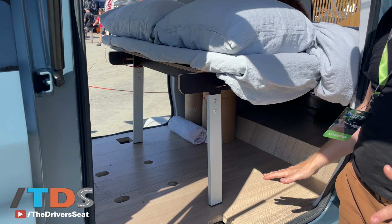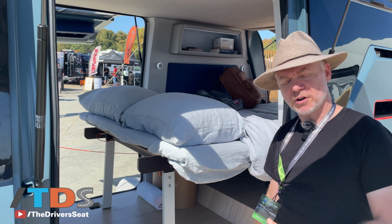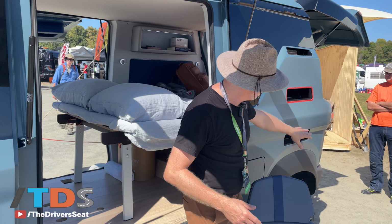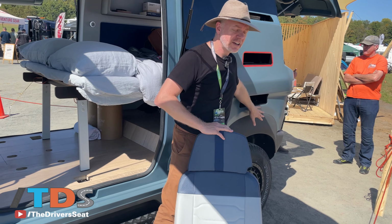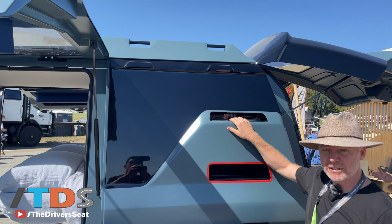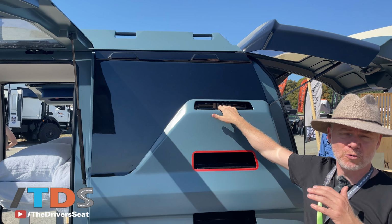Everything is designed for durability and ease of use. So we got marine grade wood so you can hose that right out if you're camping, hunting, or fishing. There's a ladder built into the design so that you can access the roof storage bin. It's really, really big. There's enough room up there for almost 300 pounds worth of stuff. And if you come around the back,